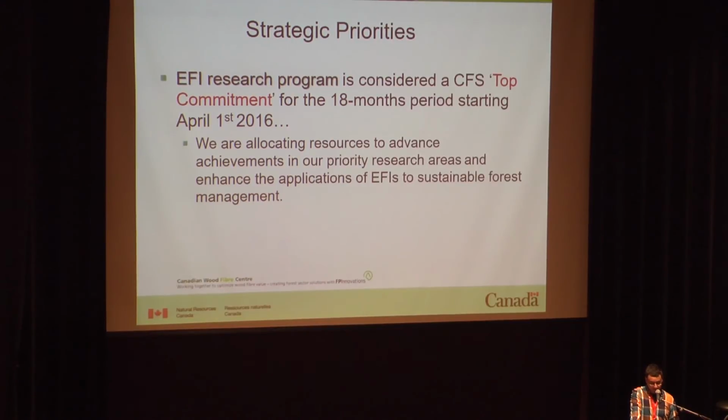And internally, I want to mention to you that that project raises a number of flags, and we got good feedback from the industry, from our partners, so that at a more political level, we always have a list of top commitments every year, every 18 months. And this time, the enhanced forest inventory and the word LiDAR was part of these within Natural Resources Canada and the Canadian Forest Service. For the next 18 months, we are really in a mode where resources will be allocated internally to give a big boost to that research program for enhanced inventory, to help our partners also explode into